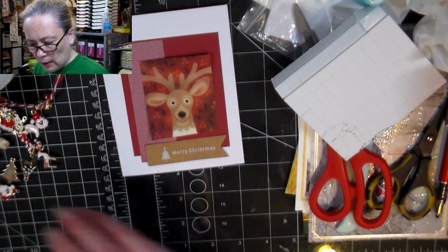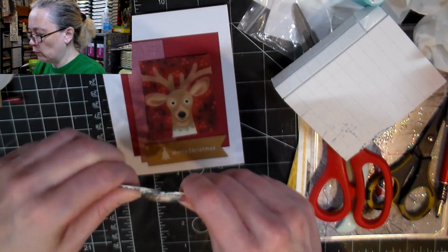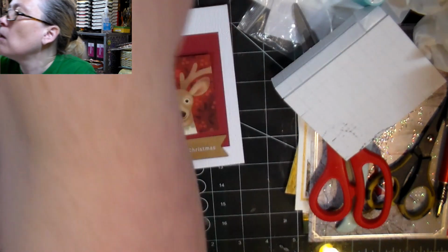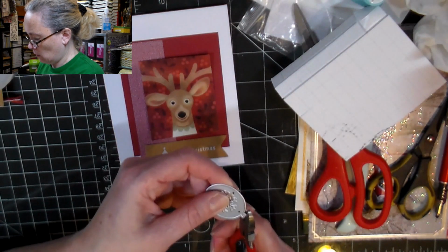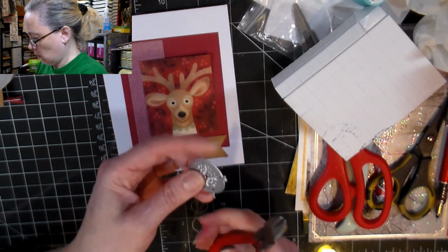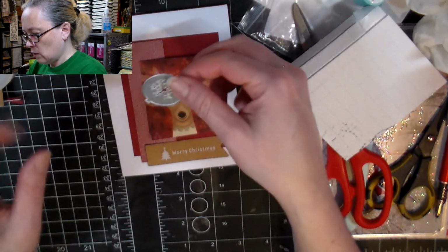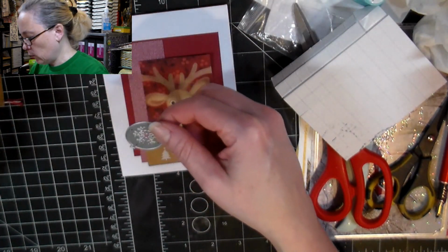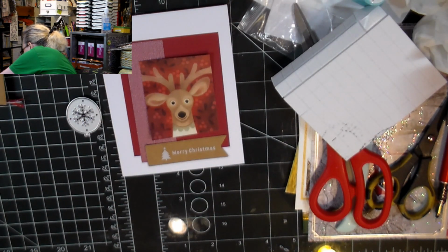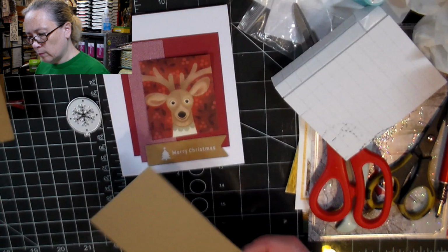Merry Christmas. And I was thinking here, these little dies, I think if I run them through, it should give me... I just need to cut this off so I don't hurt myself. And remove this one. Okay, so I'm thinking that if I was to run this through, I could make my own little snowflakes. And I could make them